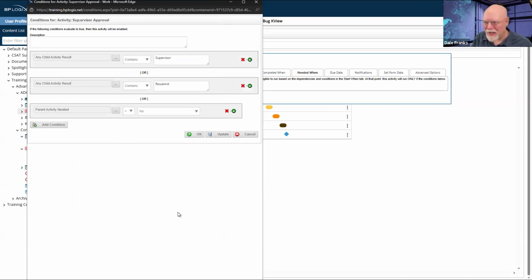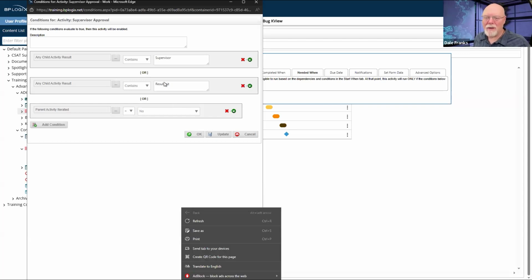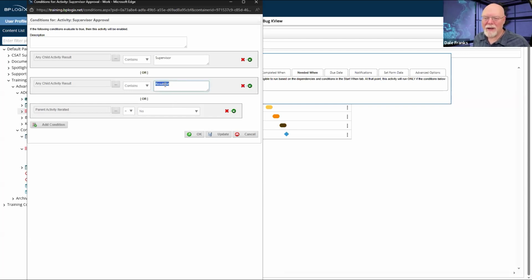If the parent activity has never iterated, I want to run my supervisor approval activity. If somebody has, oh, that should not be resubmit, supervisor. Okay, yeah, that covers all three possible cases. So the first case, it goes through the very first time.